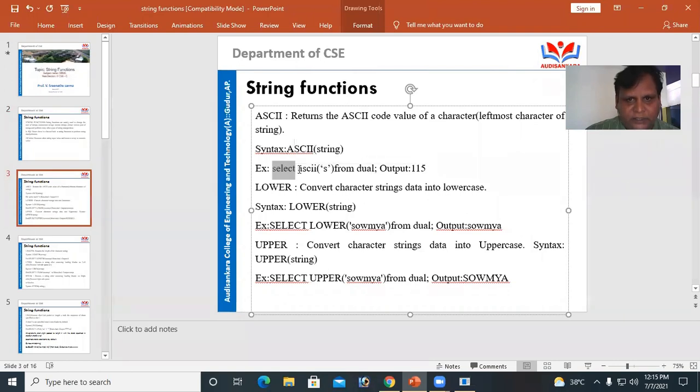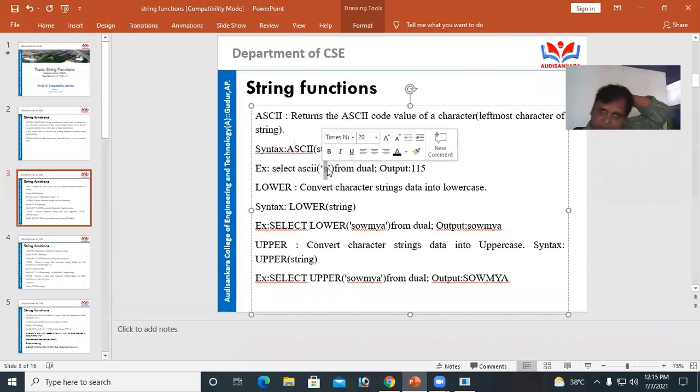Here is a sequence of characters. A sequence of characters enclosed in single quotes is treated as a string, from DUAL. DUAL is a predefined table. It is a dummy table. Okay, we are fetching the ASCII value.